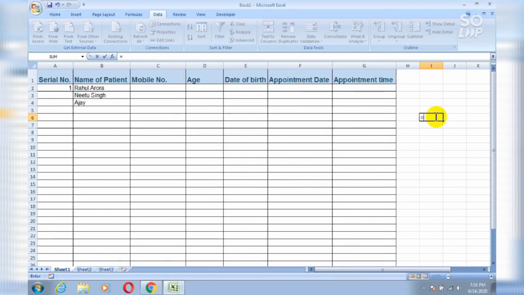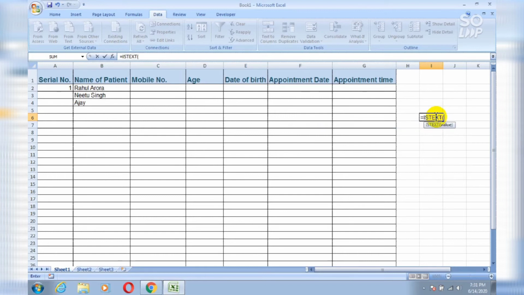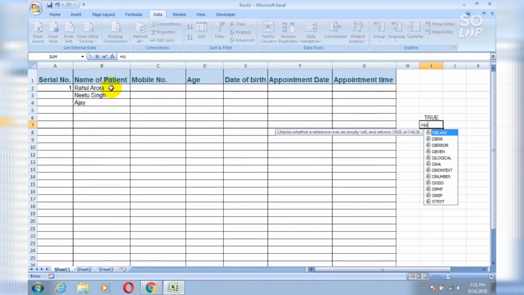Let's understand this formula, that is the ISTEXT formula. Simply type equal to ISTEXT, then open bracket and then select any cell like B2 cell. It gives me the answer TRUE. It means that I have text in B2 cell. Then if I again type this formula and then select A2 cell and press enter, it shows me FALSE because I don't have any text in this cell.